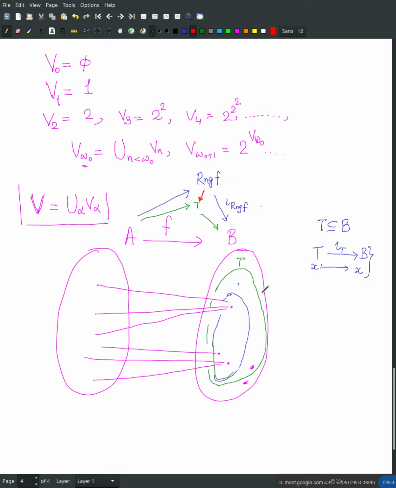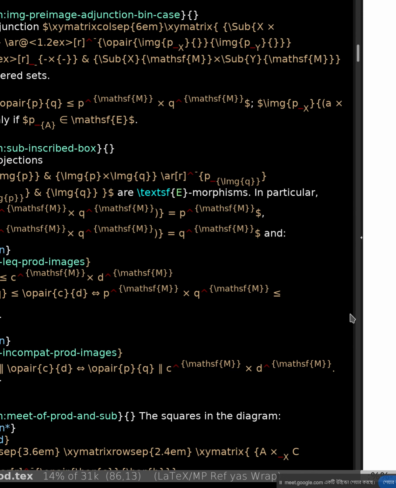It is telling you that any other T which gives this factorization has to be bigger than the range of f. So you see, this is a very typical feature of a function. It is called the factorization by surjection and injection, and the unique part of it is what this is about. If you keep this picture in mind, it might help you